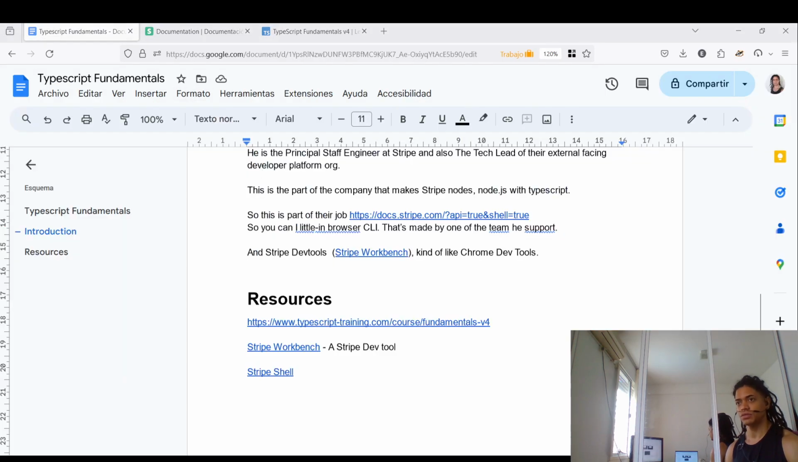So yeah, he's also working on another big TypeScript project. Holy moly! In addition to this, I am one of a few engineers that works very closely with teams at Stripe to shape